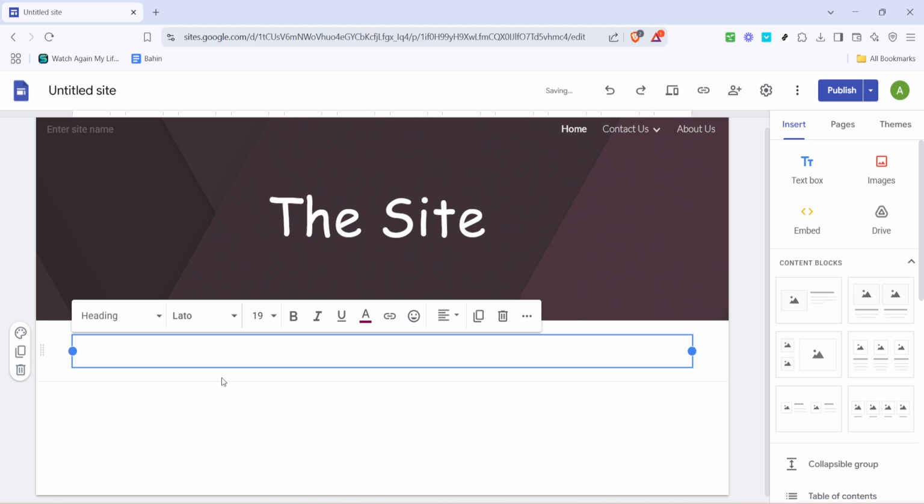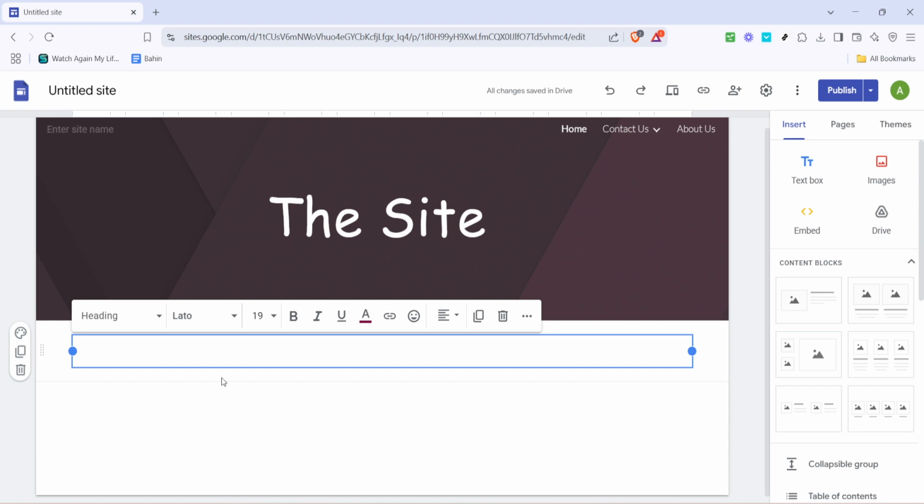This will instantly change the appearance of your text, making it larger and bolder, thus setting it apart from your normal body text. It's important to note that choosing the correct heading type can also impact how search engines index your page, so be sure to select the heading style that best fits the content hierarchy of your page. Now that you've set your text to heading, it's time to get creative and type your heading. Think about the content of the section your heading will precede and ensure your heading conveys a good overview or keyword to capture the main idea.